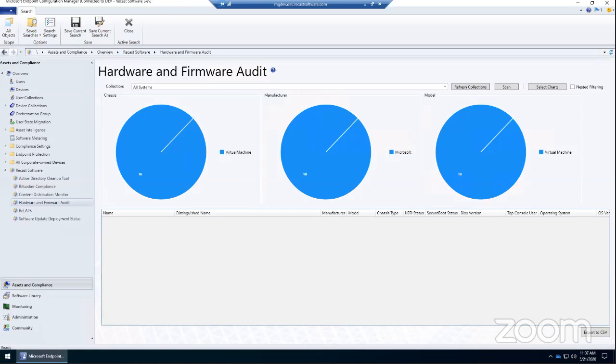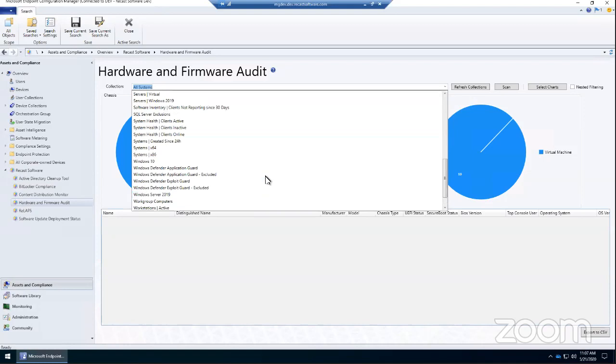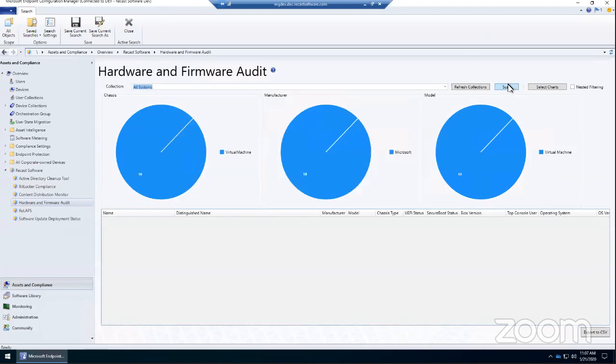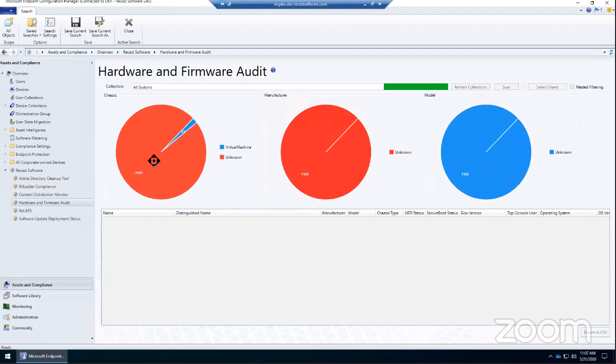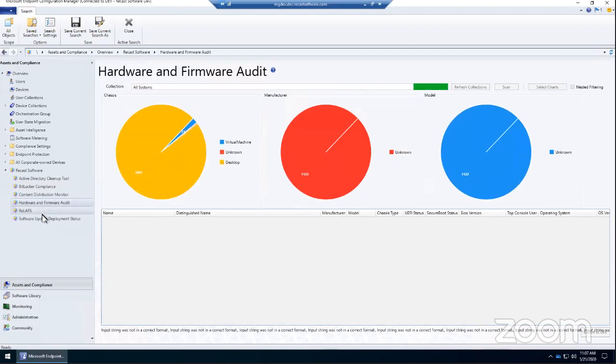So I'm going to quickly show you how to use this dashboard. What you see here is basically the default you'll see when you first open it up, and you'll want to select a collection to scan, whether it's all systems or whatever collections you have, and just go ahead and hit scan. And it's going to scan your whole environment, pull in your data, and whoa,